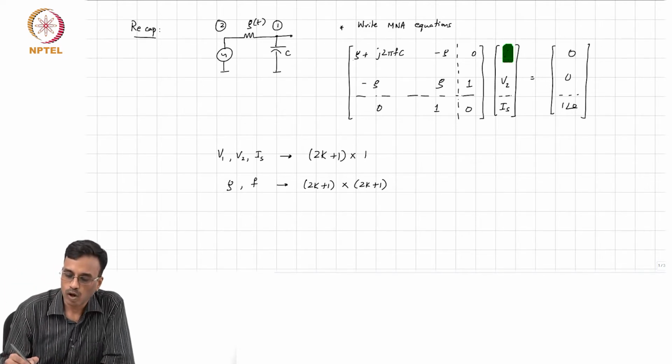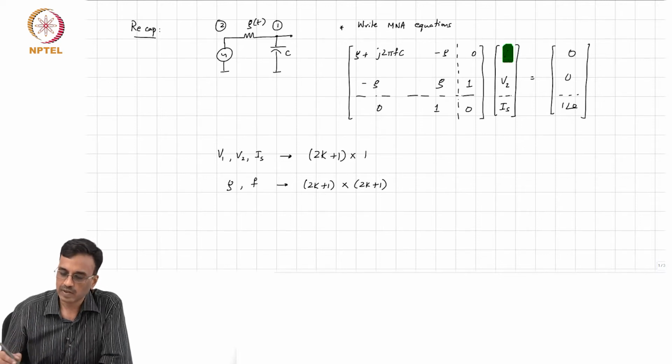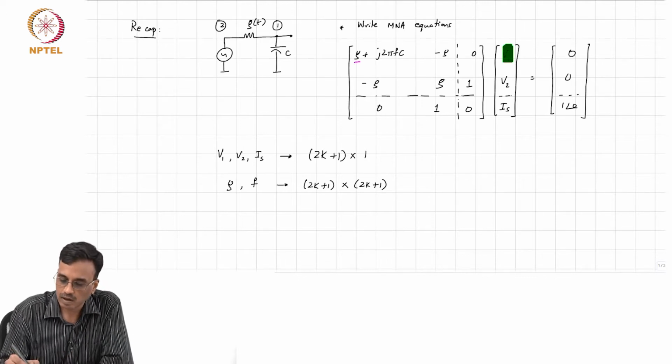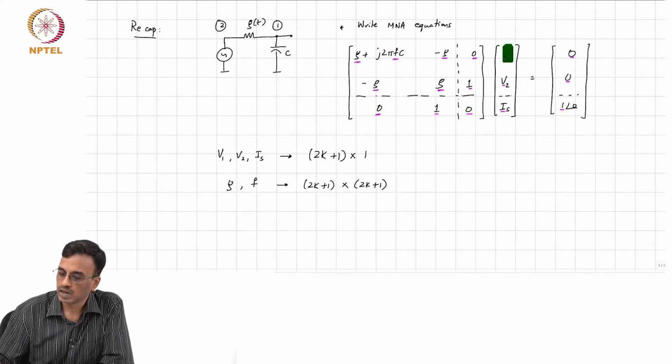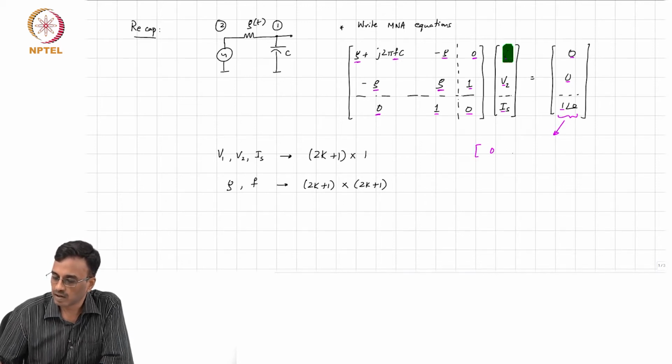And so all that we need to do in the MNA formulation is to basically replace each of these guys with the appropriate matrices, right? Okay, and so all these are now matrices. When I write this, of course, what it means is that we have K zeros, 1, another K zeros,